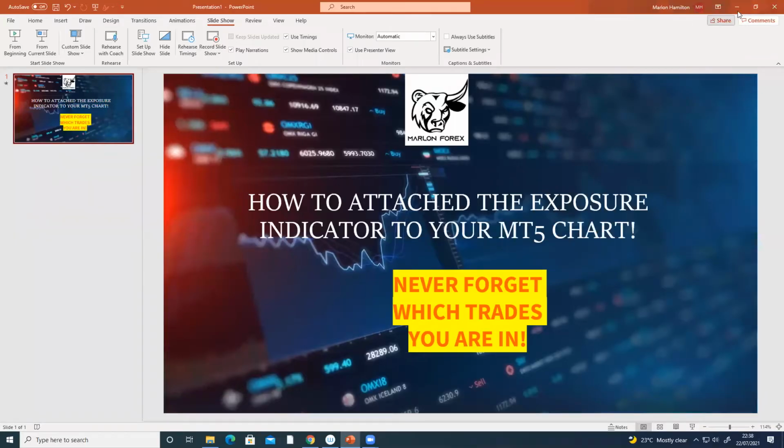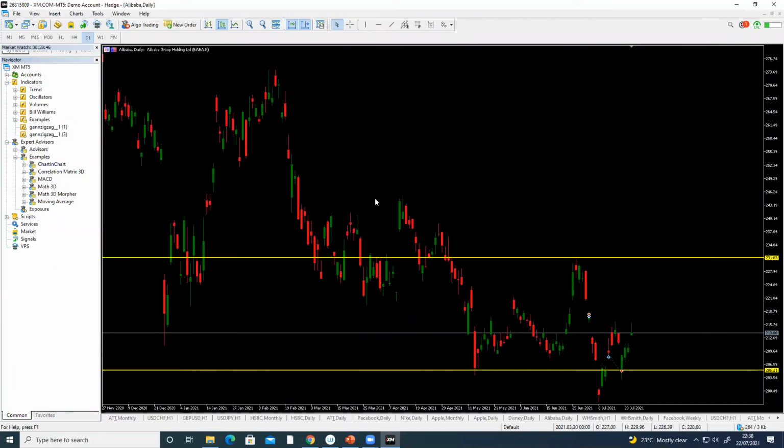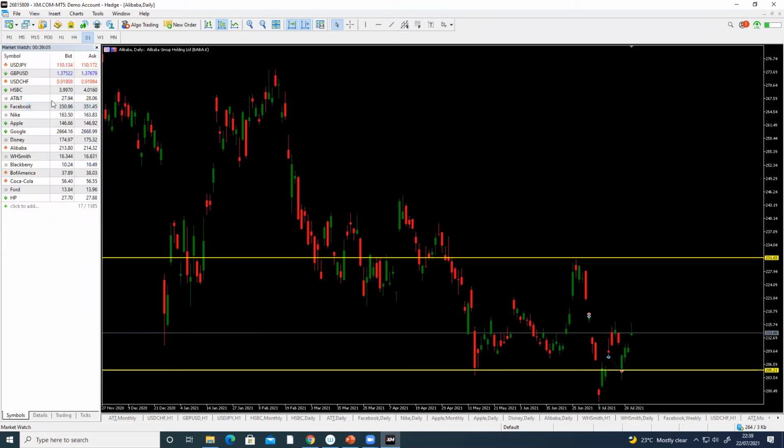When you close the MetaTrader 5, it will then install it automatically. So double click on MetaTrader, left click on the chart. Now that we have left clicked on the chart, can you see exposure now? There it is, an example there. For example, if that wasn't there, this is what we call the navigator, say that wasn't there as well, I would have to go